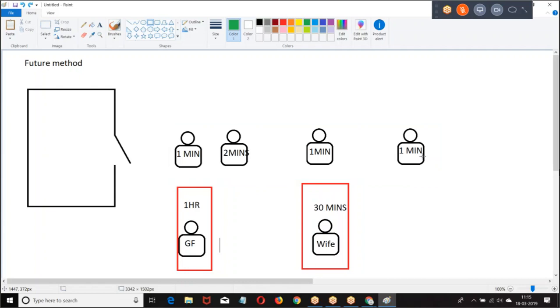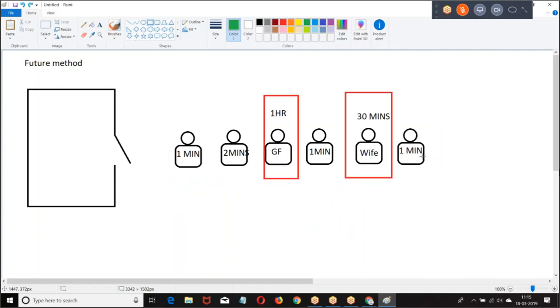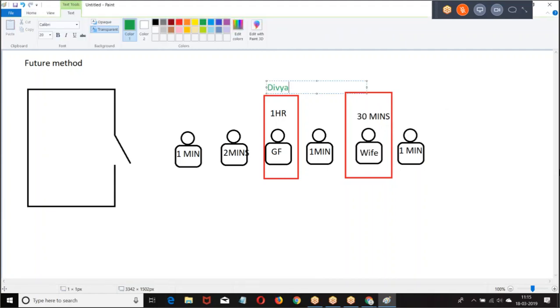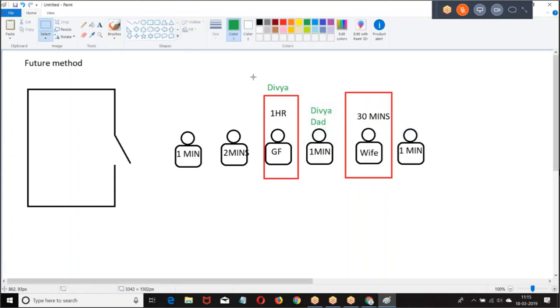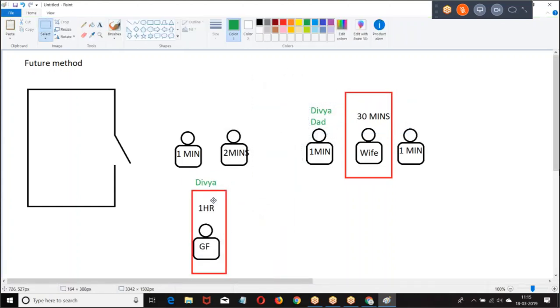Let us take this. Now, you are speaking to, let us say, Divya. Divya's father is on the back. Now, if I run this fellow independently also, no use. Why? Only when you disconnect the call can you make a call. Even though you are running independently, there is no use, because this guy has to depend upon this call. Unless he disconnects the call, I cannot make a call.